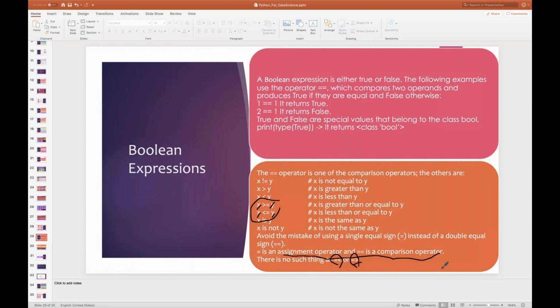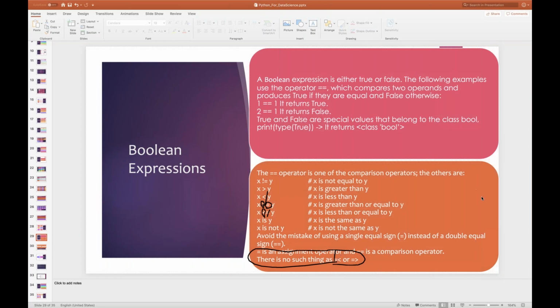On top of it, always remember this symbol should come first, not equal to. With greater than or equal to, the greater came first and then equal to. With less than or equal to, less than came first, then equal to. There is no such operator as equal to followed by greater than or less than. That is what it is.